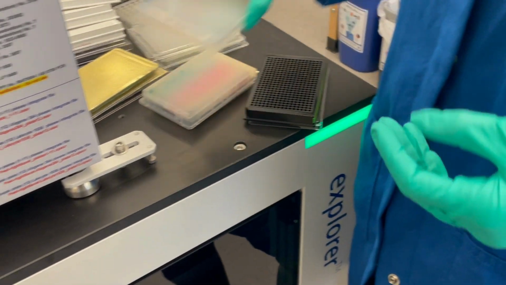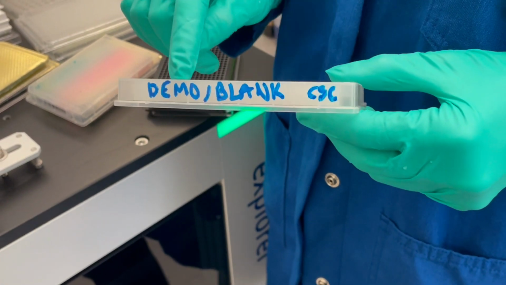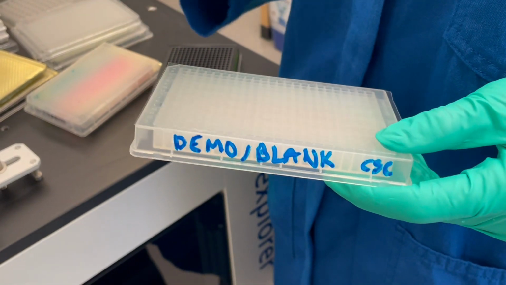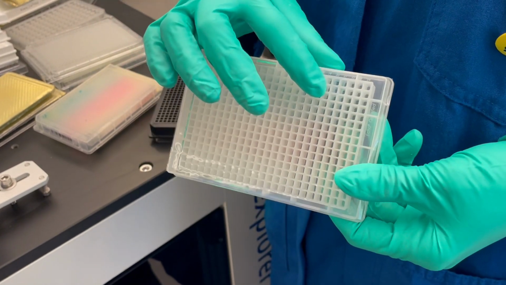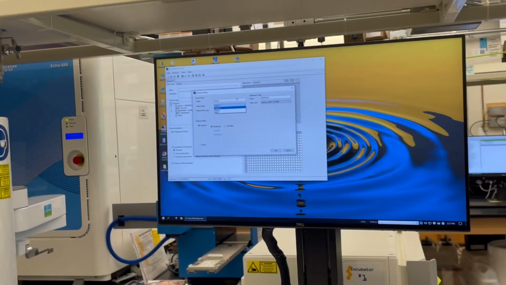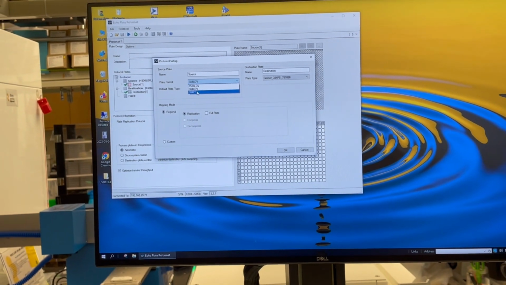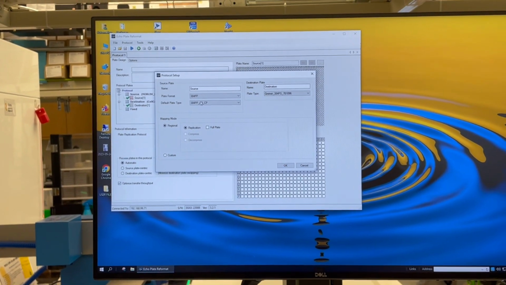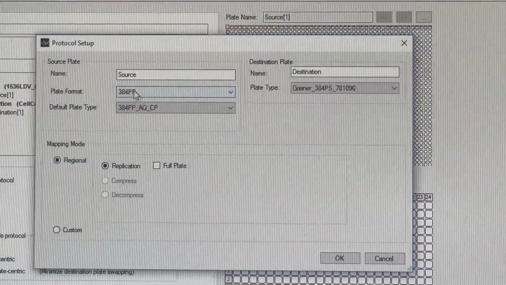And then the third option looks like this. It's a 384 well polypropylene plate. So the settings often just say PP for polypropylene. These have a bigger well and also a bigger dead volume. So depending on your application, you pick whatever your plate type is going to be. Let's just say 384 PP. Well, yeah, that's what your library is actually going to be in.